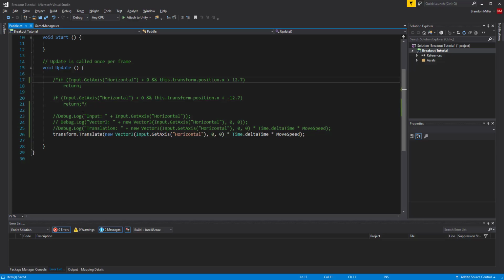So in order to fix that, we have these two lines here. I guess 4 lines of code, but 2 if statements, which is really the juice of the code. 1 to constrain our maximum x, and 1 to constrain us on our minimum x. So the first one is constraining us on our maximum x. And what it's saying is if our input.getAxis horizontal is greater than 0, so if we're moving right,